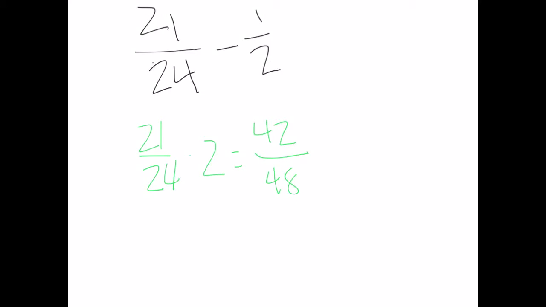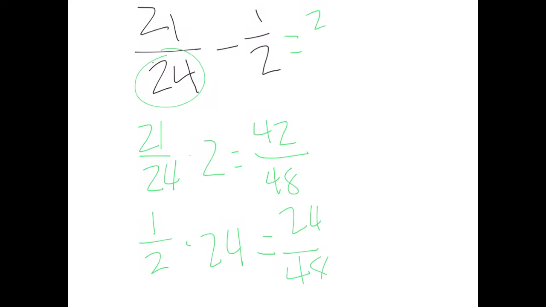Then what you're going to have to do is the same for this next one, but times it by this denominator, which is 24. Also equals 24 over 48. Therefore, your denominator is 48. Then what you have to do is write 24 plus 42 over 48, which equals